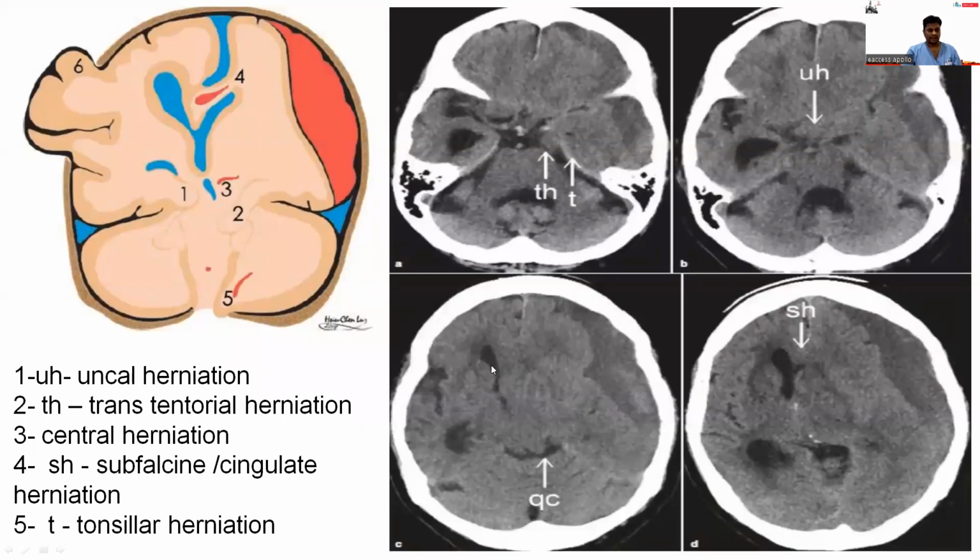And if the patient is untreated, then there will be increased ICP, and there can be herniation. And herniation are of 5 types. These are uncal herniation, transcalvarial herniation, subfalcine herniation, and tonsillar herniation. Here you can see transtentorial and tonsillar herniation, and uncal herniation is from above, and then this